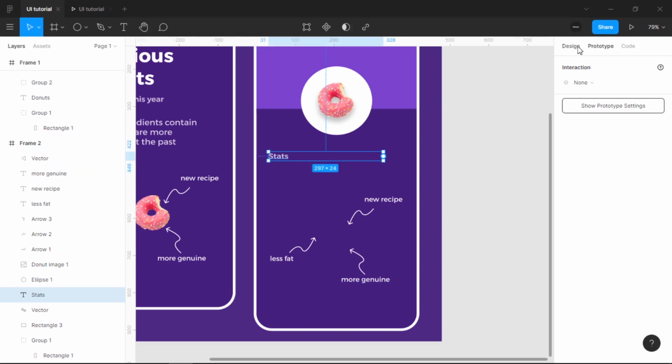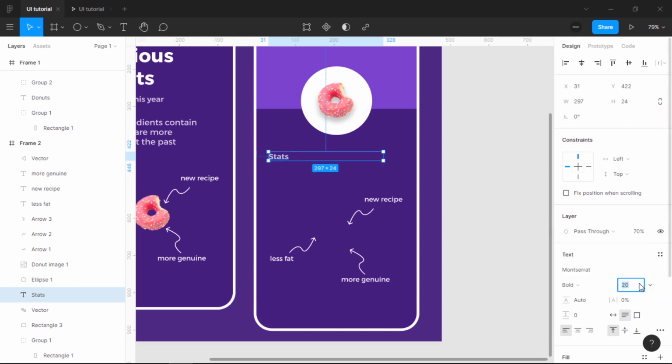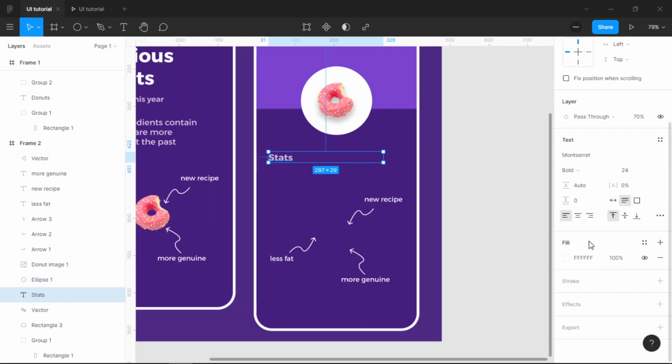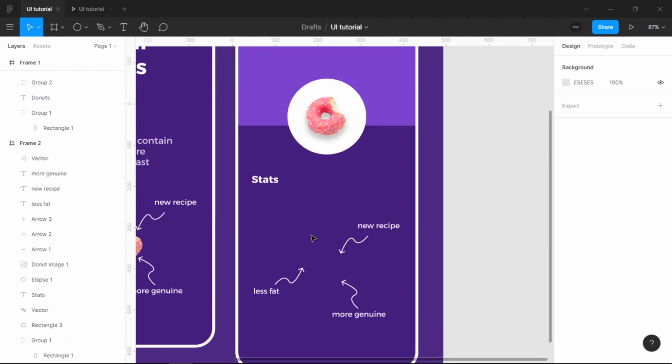And then we go on design side. Now select bold, this weight. We make 24, and then put on 100%. You can also click 7 to make 70%, or 5 to make 50%, or 0 to make 100%. Now just make here, and then we select the rectangle or R, and then